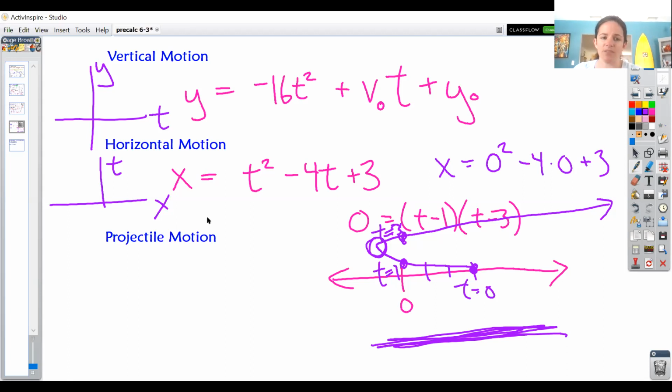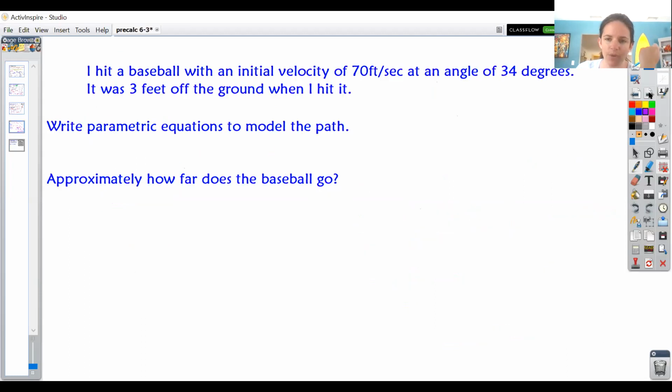And then last but not least, we've got projectile motion. So projectile motion means that the x and y can be changing. An example of that would be, I hit a baseball with an initial velocity of 70 feet per second at an angle of 34 degrees. It was 3 feet off the ground when I hit it. So we need to make parametric equations and then see how far the baseball goes. For the parametric equations,